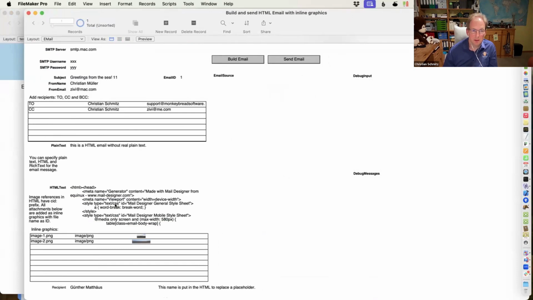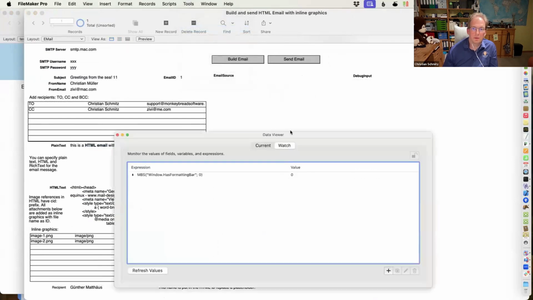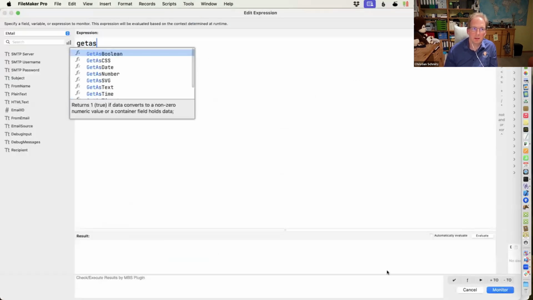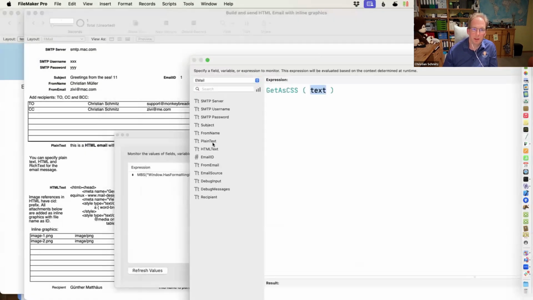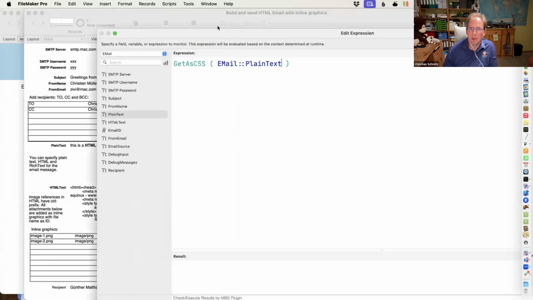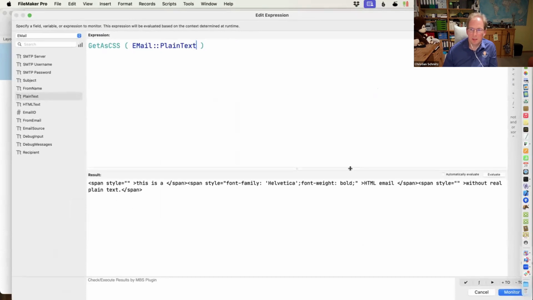So let's see. You would maybe start with, let's say, just some text. Now in FileMaker you could say get us CSS to get the HTML from the field, or you use our MBS text to HTML function. They work a little bit differently, so the result is a little bit different.